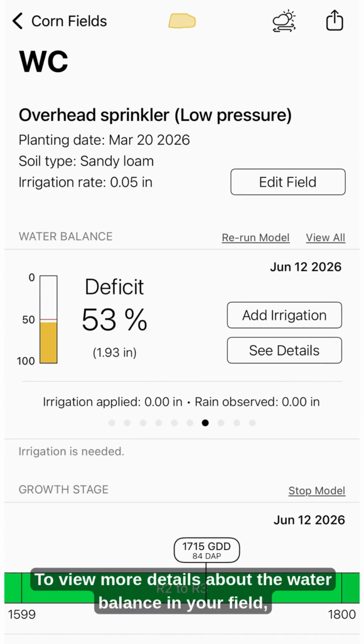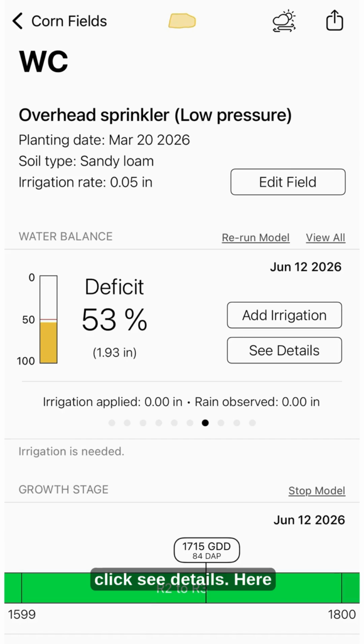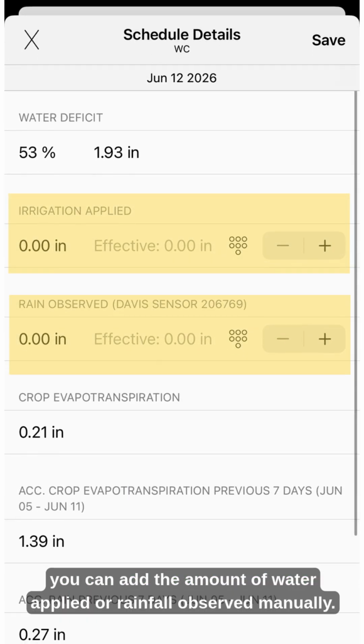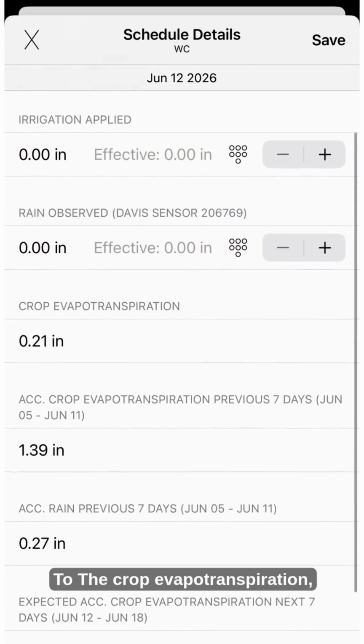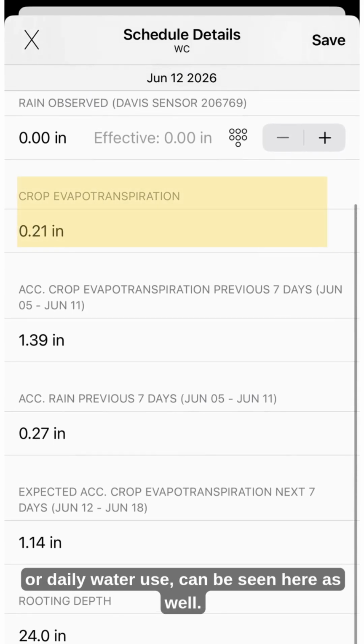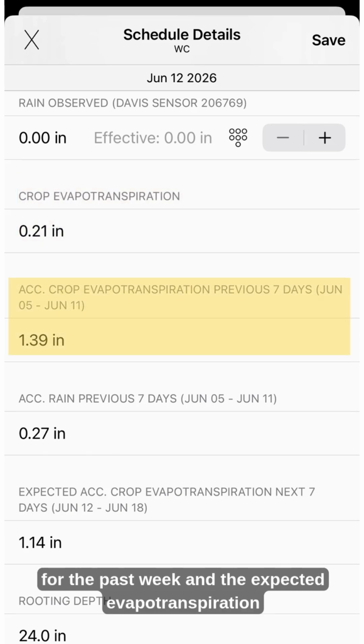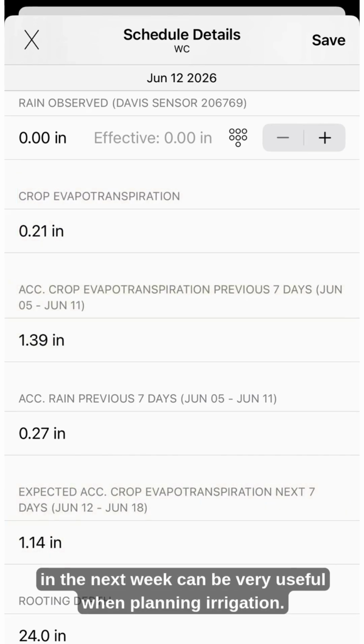To view more details about the water balance in your field, click See Details. Here you can add the amount of water applied or rainfall observed manually. The crop evapotranspiration, or daily water use, can be seen here as well. The actual evapotranspiration for the past week and the expected evapotranspiration in the next week can be very useful when